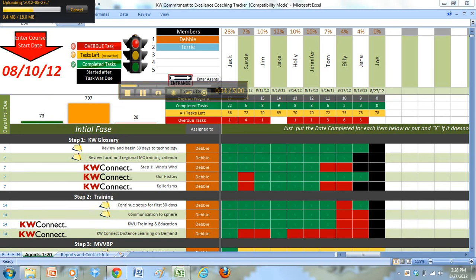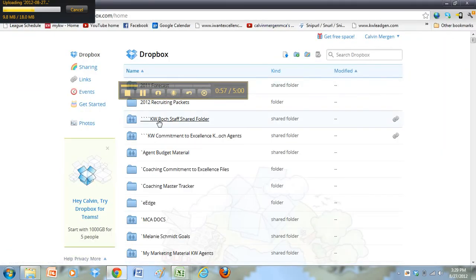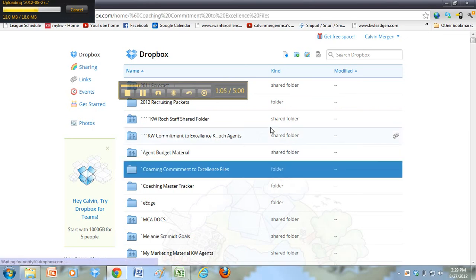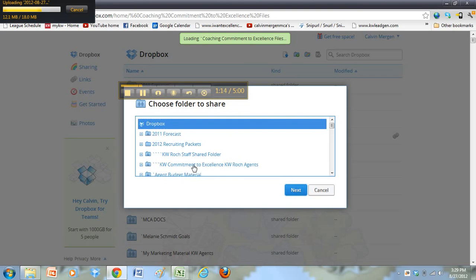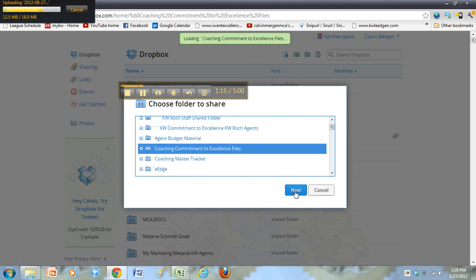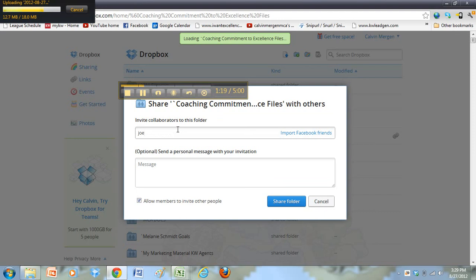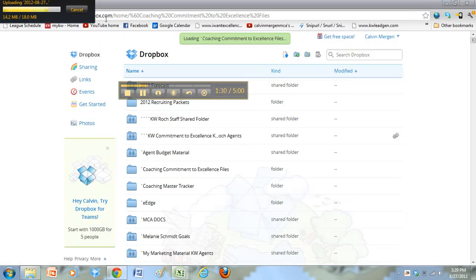Again, it's to share the files. If you go to Dropbox.com, you've got, let's say Joe joins. The other thing I would have to do is Commitment to Excellence, let's see here, coaching files right here. So let's click on that, just share the folder, and I'd like to share an existing folder, and I want to share that folder. And all I do is type in Joe's email at gmail.com. I can send him a personal message, share the folder, he gets it, and now he has access to that folder, so we both have access to it. So that is all you have to do. If you have any questions on that, just fire back and